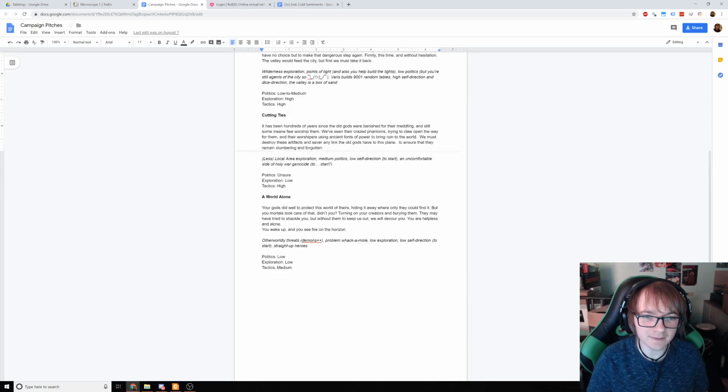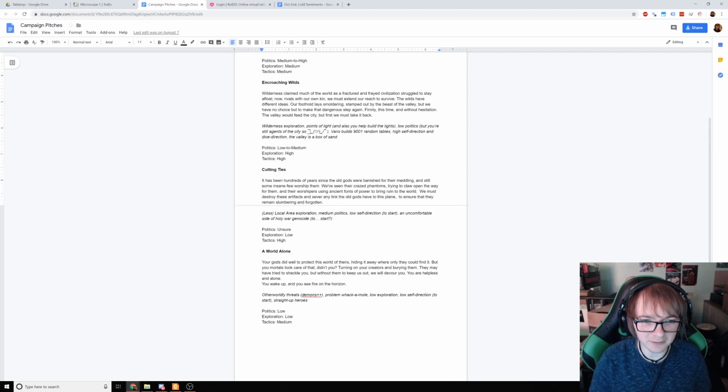A couple of other ones, just like one focused on, hey, the gods are gone, and this idea that the gods specifically made this world and hid it away from demons and devils and outsiders, and it would have focused heavily on these outsider invaders finding the world and attacking, basically trying to take over. Probably mostly demons, probably not so much devils, just demons and creatures that work with them. And let's see, this other one was